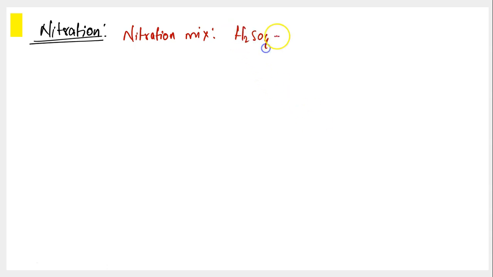Moving on to the third type of electrophilic substitution, which is nitration. So nitration is a process which happens in presence of nitration mixture. So nitration mixture is required for this process. And what is nitration mixture? Nitration mixture, in short, is a mixture of concentrated H2SO4 and HNO3. In presence of concentrated H2SO4, this HNO3, nitric acid, would be producing the NO2 plus nitro electrophile, and H2SO4 acts as a catalyst.